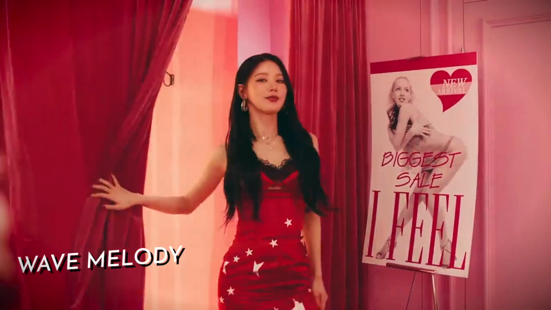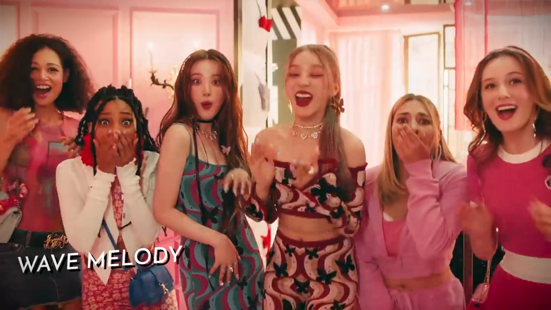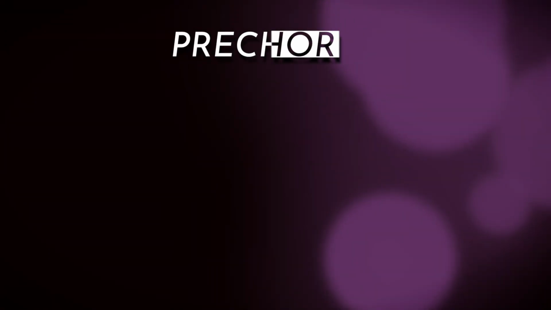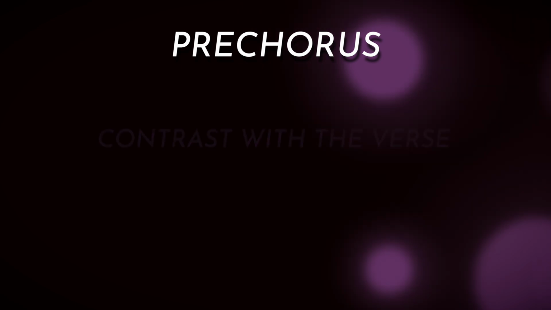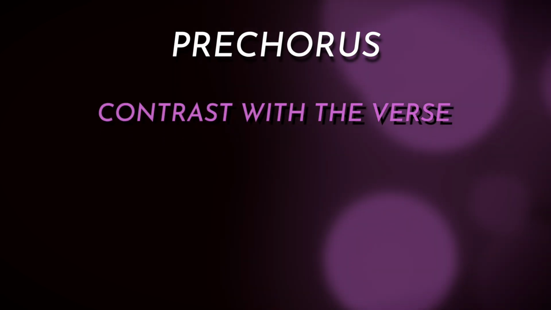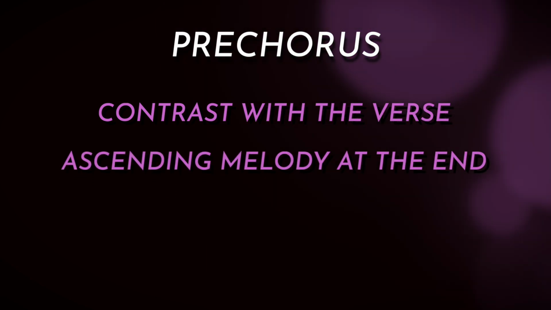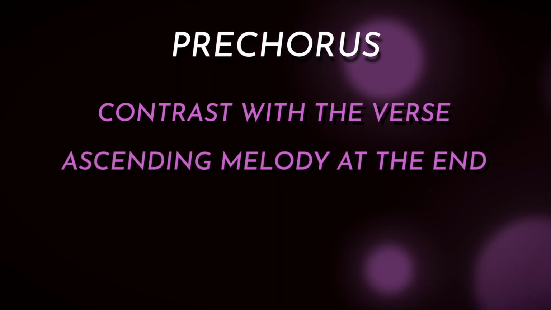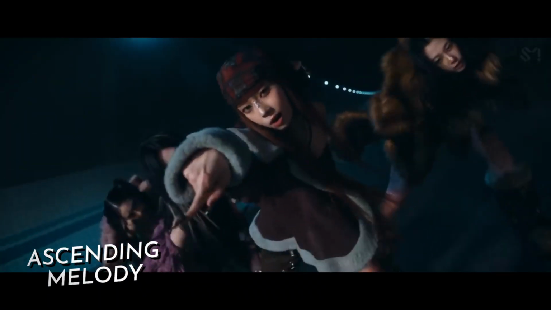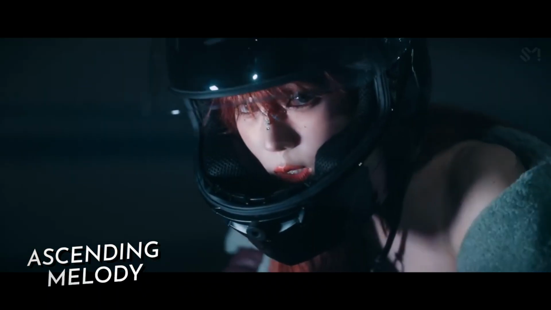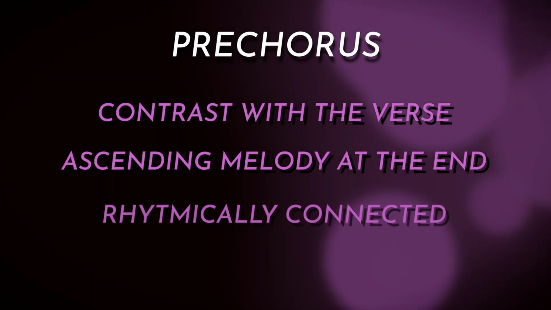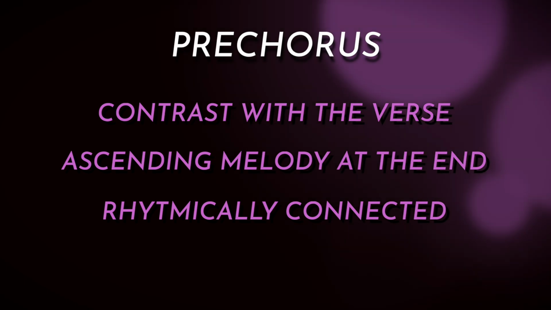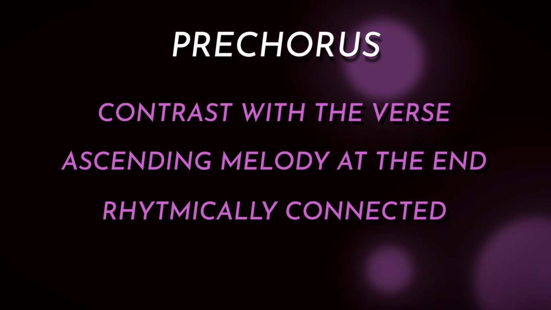In many many K-pop songs, the pre-chorus is more of a singing section. It introduces a particularly nice contrast if our verse was rap or one-note oriented. Oftentimes, we'd hear an ascending melody right at the end of this section as it perfectly builds the energy up for the chorus. Rhythm-wise, these parts will often be rather connected and sometimes feel more flowy than the preceding sections.